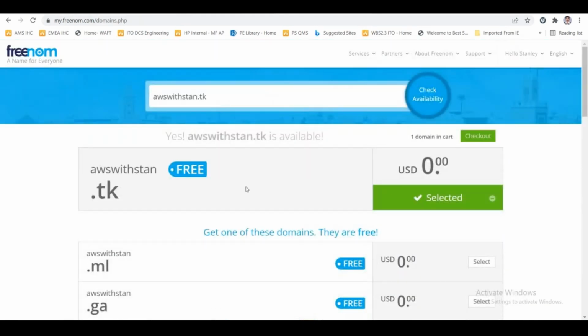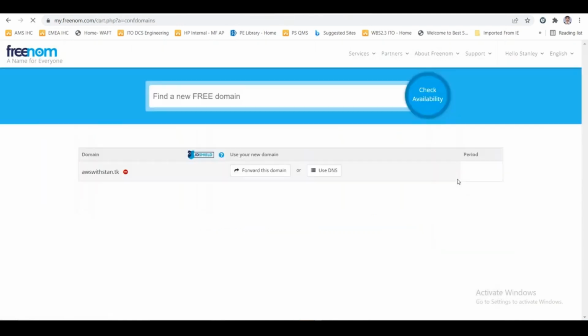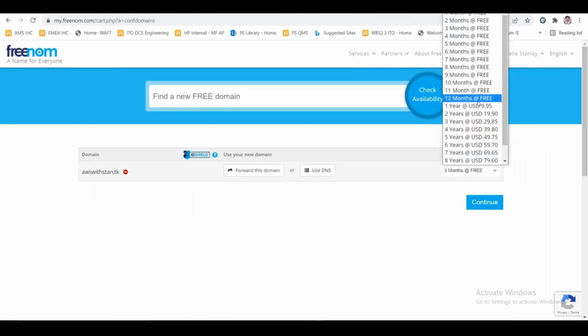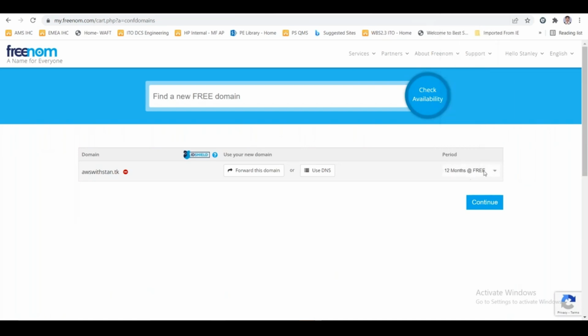Okay, so let me go and register this free domain for now. They provide it for 1 year for free. Okay, let's give it a minute. Oh, by default, you get it for 12 months. 12 months it's free, and after 12 months you can renew the domain by paying. For the first year this is free of cost, and for your practice you can definitely use this free domain. 1 year is more than sufficient. I can just say continue,